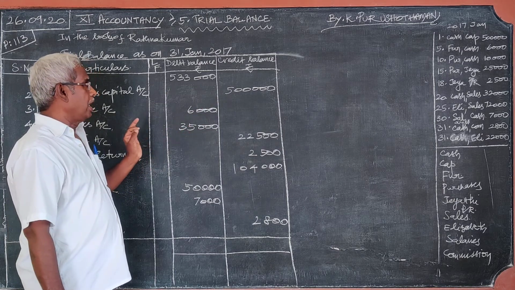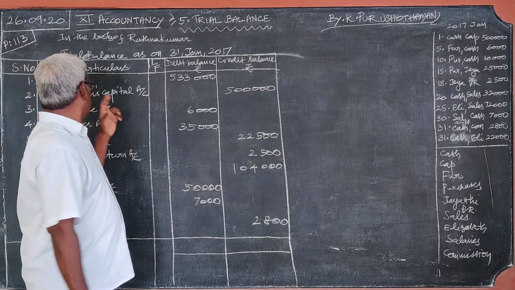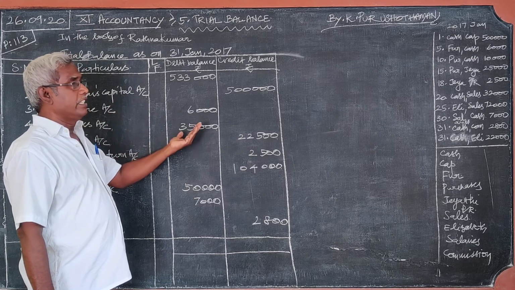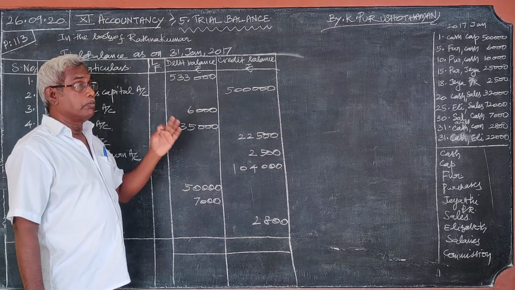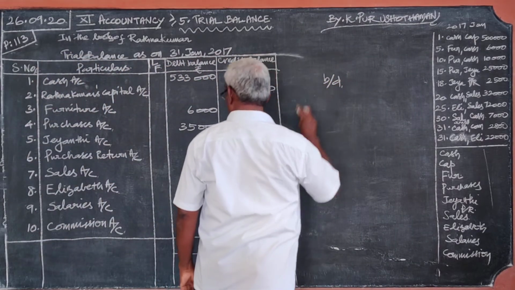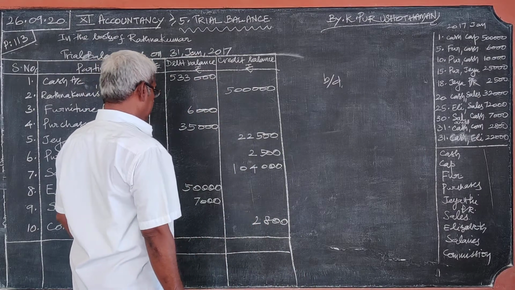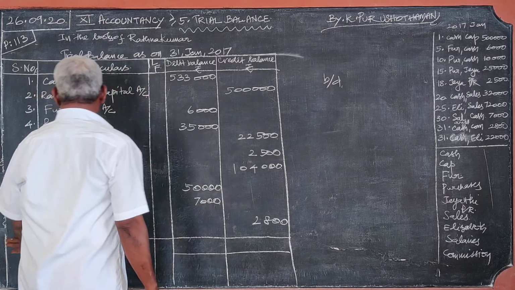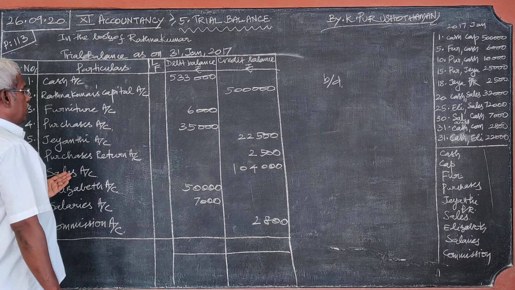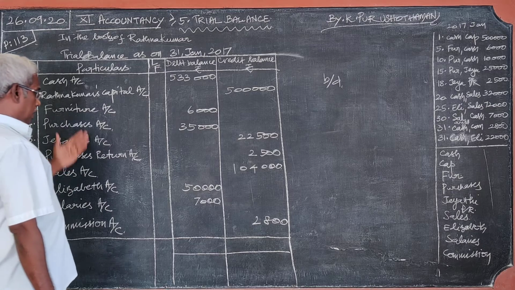Very simple. If the brought down is on the debit in the ledger, the cash account amount goes to the debit. If Ratnakumar's capital brought down is on the credit, that amount goes to the credit. Brought down, this is very important, where the brought down is. Likewise, we have selected all these 10 items and I have written the serial number first and write all the amounts here. These two are very simple. What are the accounts for which the ledger is prepared? I have written them.